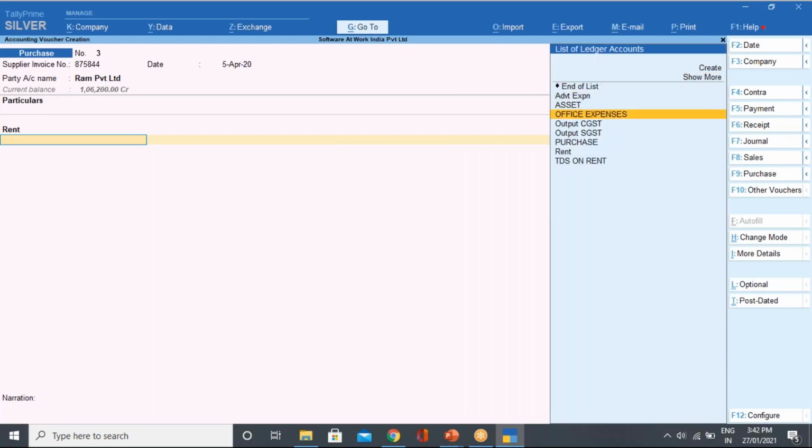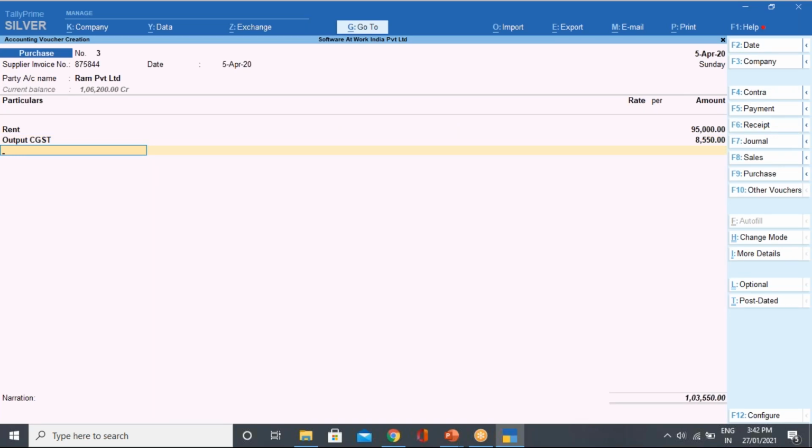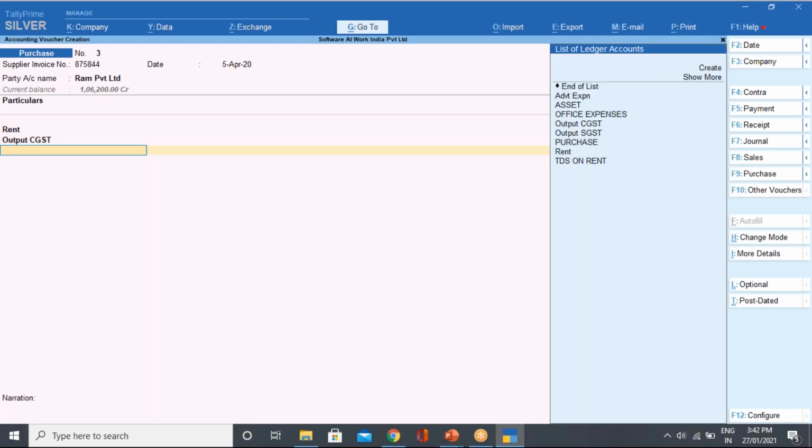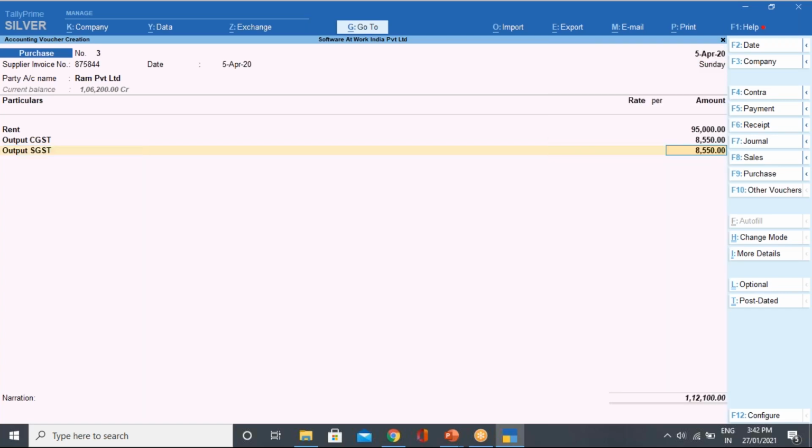Again, I will prepare my CGST and SGST. Right now, correctly, it should be input CGST and input SGST, but right now I am just giving CGST and SGST to you. It should be input.